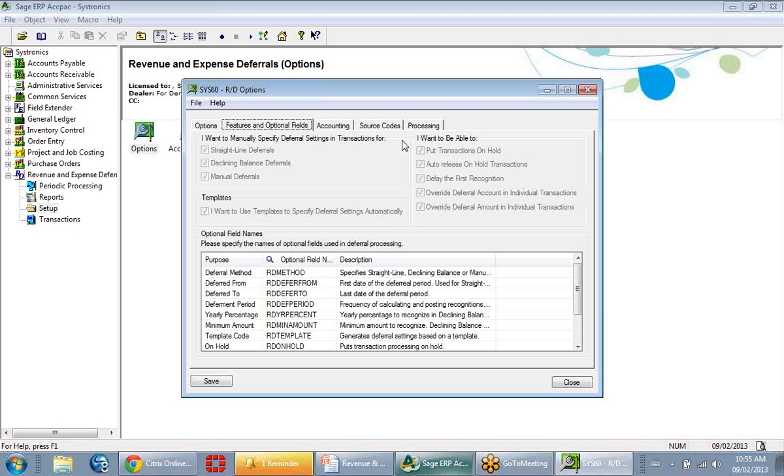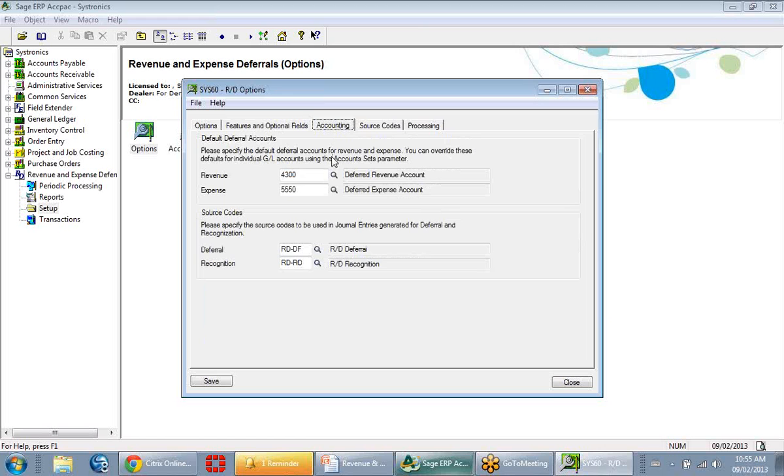And what I mean by that is, under the Accounting tab, we're going to set defaults for your deferred revenue account and your deferred expense account. So those will be default. If no other parameters are around a transaction, those will be the accounts that are used. So that feature on the first screen refers to whether or not you want to allow users to make changes